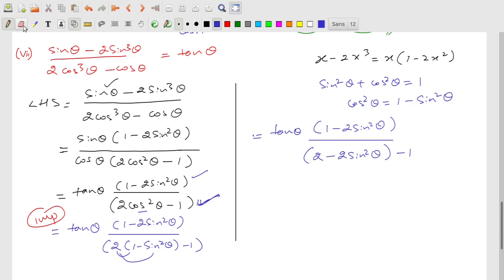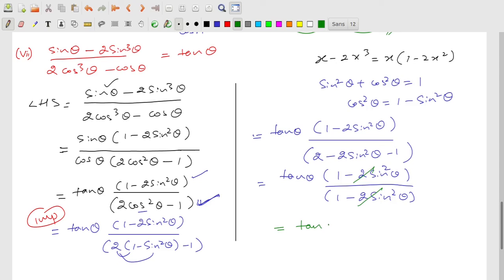Or you can just remove this bracket and then write it as minus 1. So what you will get, tan theta in the numerator 1 minus 2 sine square theta, and in the denominator, see here, what is 2 minus 1? 1 minus 2 sine square theta. Okay, so we got the same expressions, 1 minus 2 sine square theta, 1 minus 2 sine square theta. Now you can cancel out these two and then write tan theta,